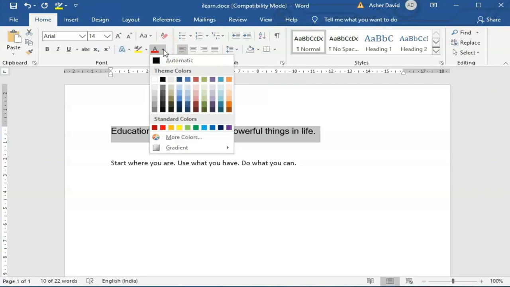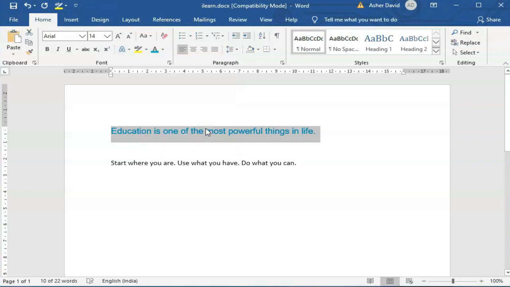You will see the color shades open in front of you. You can choose the required color and then you will find the changes in your text. As you can see over here, children, the text which was before black in color is now changed to blue color.